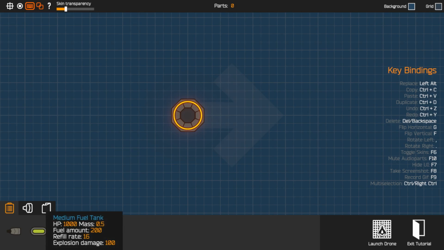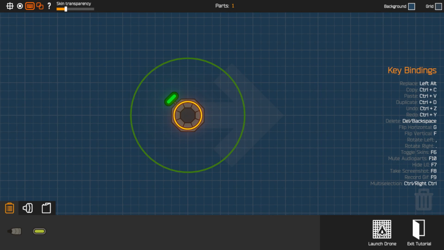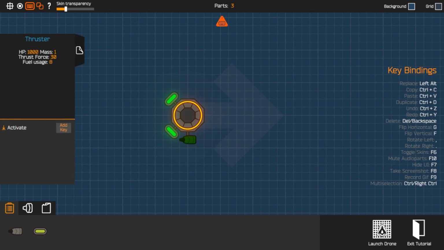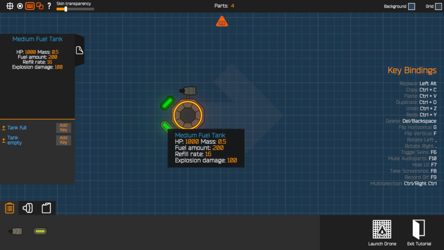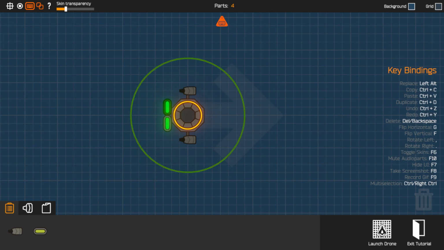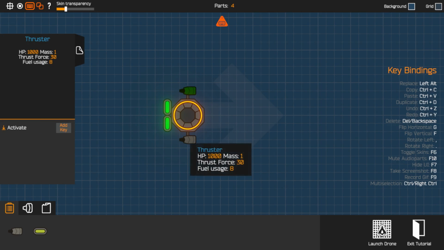So I need at least one fuel tank. Maybe I'll put 2 fuel tanks on there. And then, what are these? These are thrusters. Maybe I'll put the thrusters... maybe that's not a great design. Okay, I'm gonna move these. Yeah, maybe I'll move these to the rear, just so they don't get in danger of...